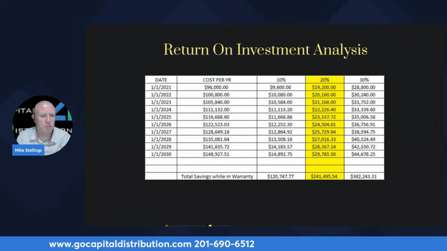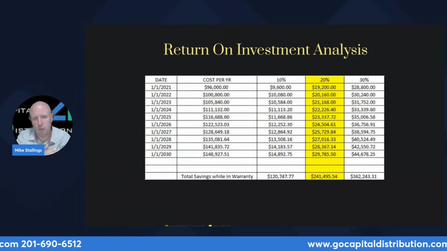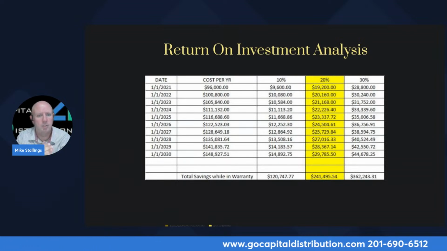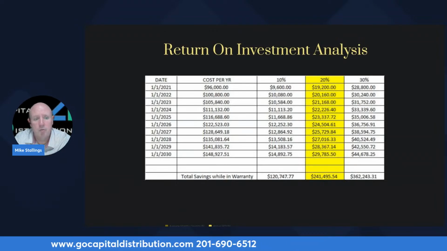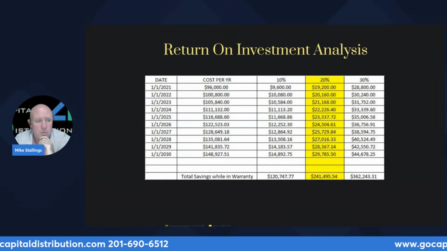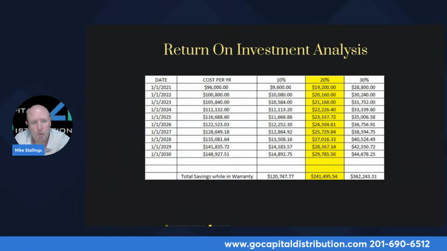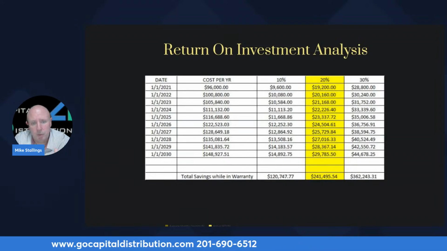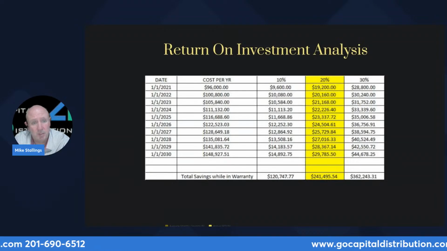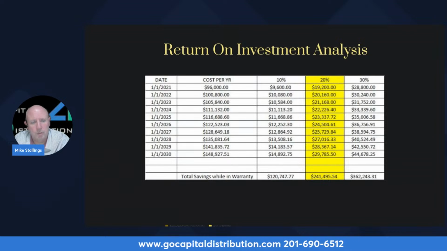And this is something every client gets as part of their evaluation. We show you the good, the great, the extraordinary, the 10%, 20%, 30%, and we highlight 20% because that's the average. But I think the big telling thing here, and why we always try to push for the urgency, is you can see the cost of water and sewer going up over time. And that's if your usage stays the same. So as you can see over time, the sooner you implement a solution like the Smart Valve, the faster you're going to start making money and stay ahead of this curve of rising water and sewer costs.